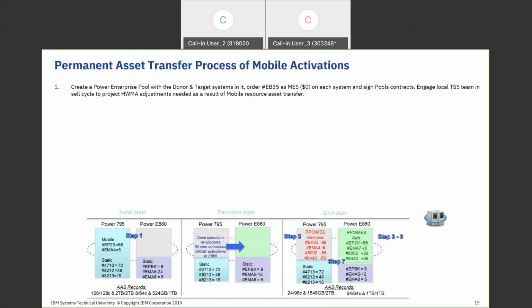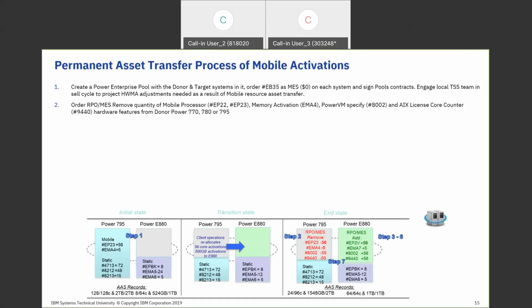Then, because I'm wanting to move and remove things from my 795, I go through the process of an RPO MES. MES is what we use to describe an upgrade. An RPO is a record purpose only. So what we're fundamentally doing there is changing the IBM internal view of the world inside of IBM Inventory Services. This is, again, the thing that eConfig works with, but we're not really touching anything that actually happens on the HMC. We're just trying to update the IBM inventory information to show that we are taking off various mobile processor and memory resources, potentially also Power VM, maybe also software, taking these things off of the system that is the donor, in this case the Power 7,